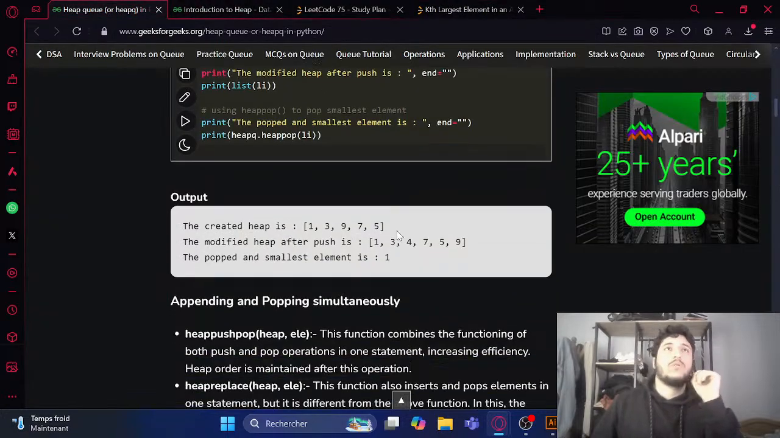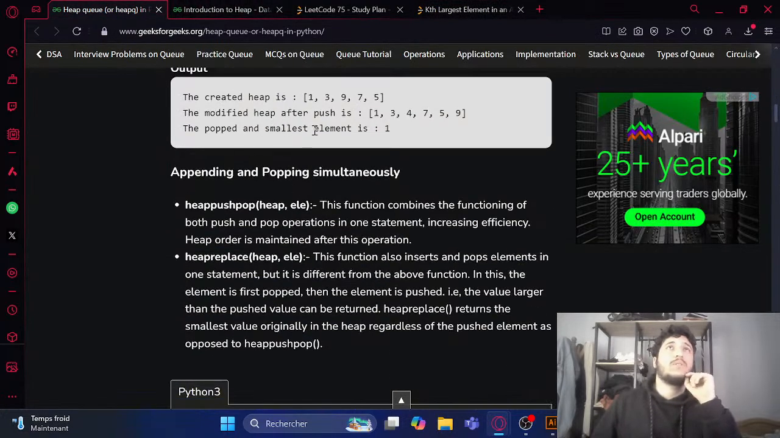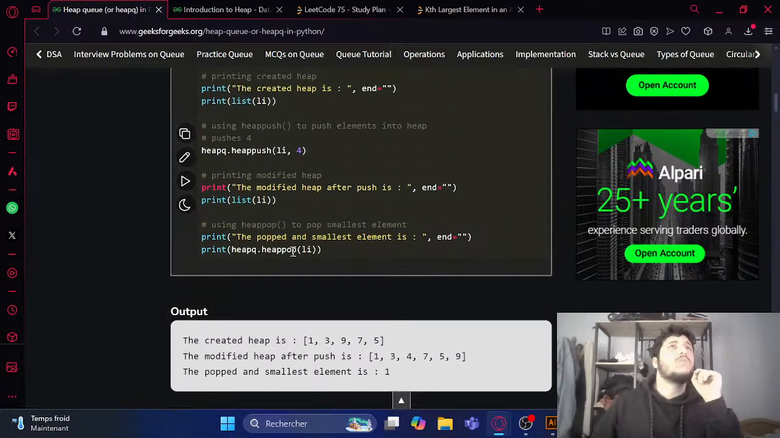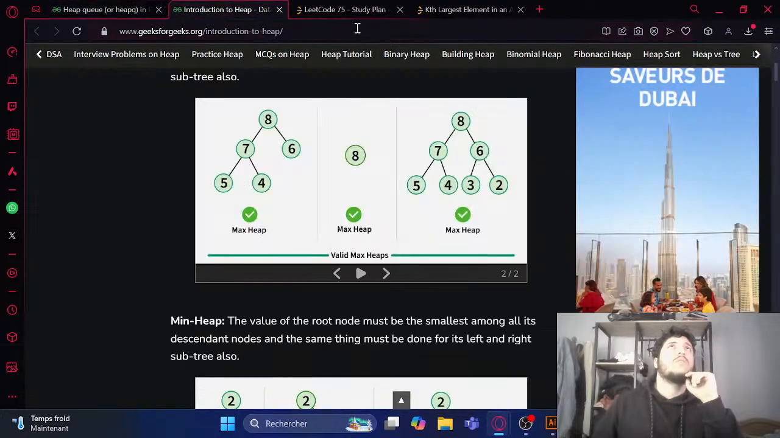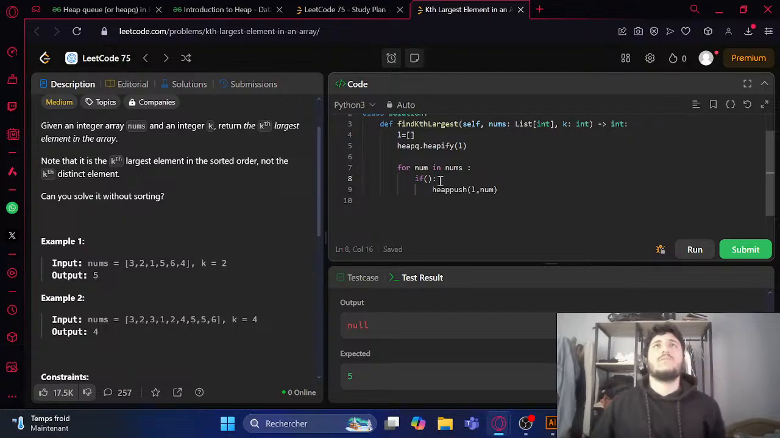So I was gonna do it. So the smallest element is 1. Okay, so he's gonna pop the smallest. Oh, okay, so I want to see when I pop, is he gonna give me the